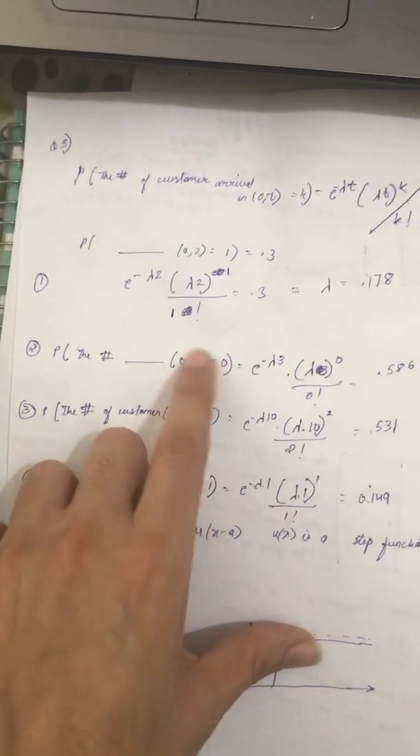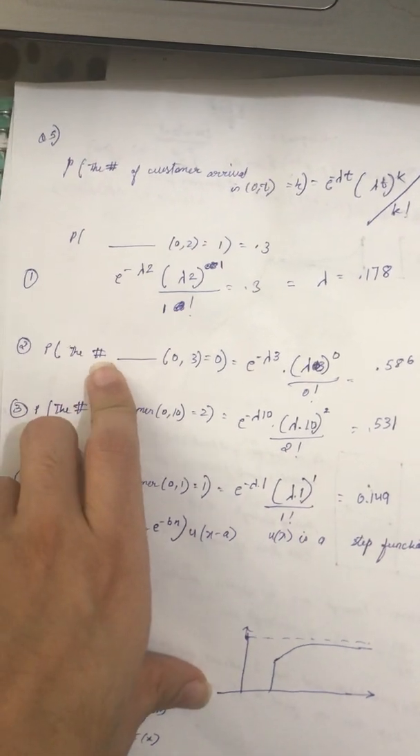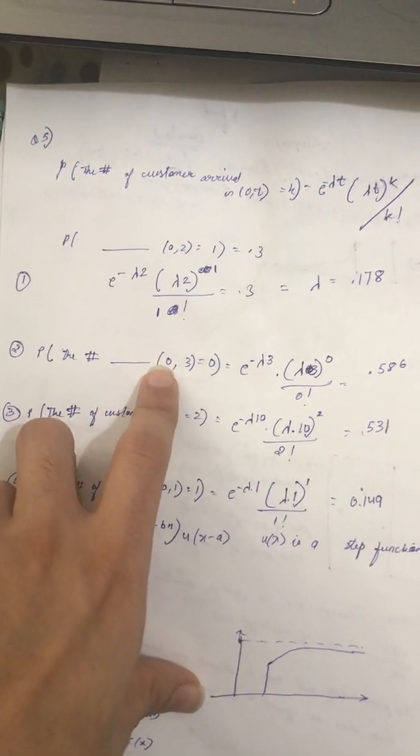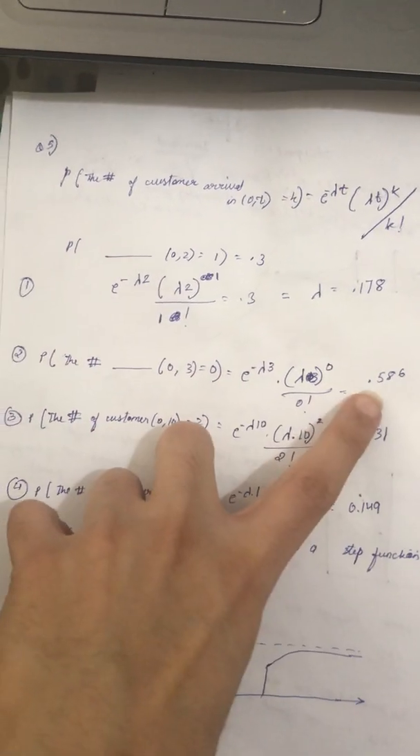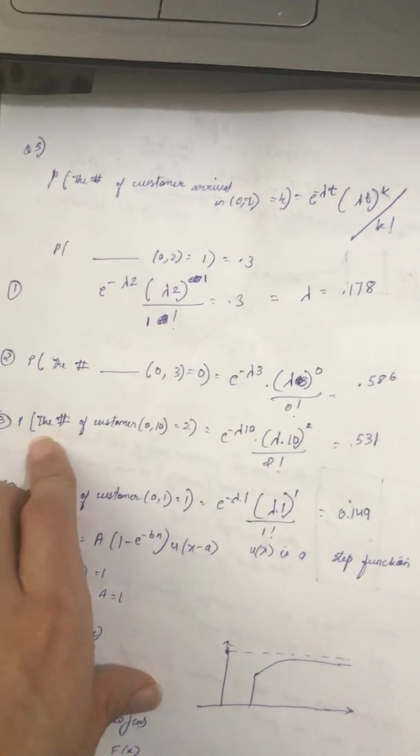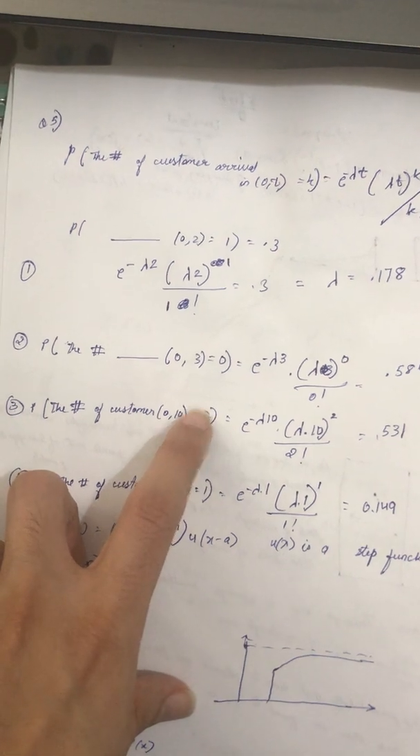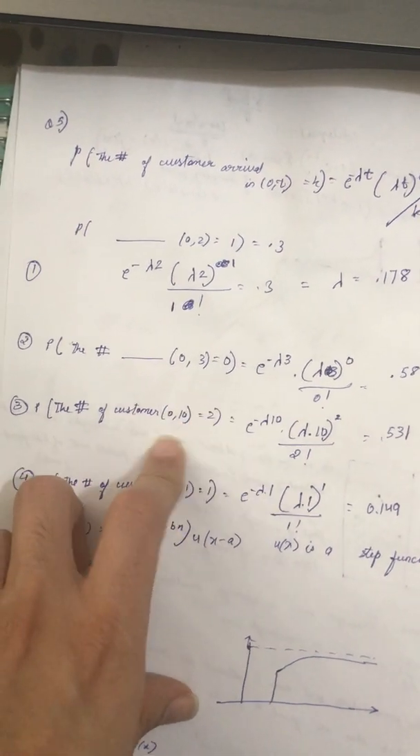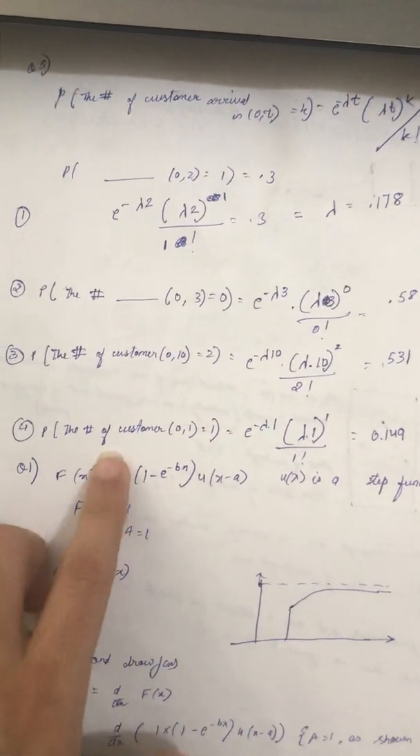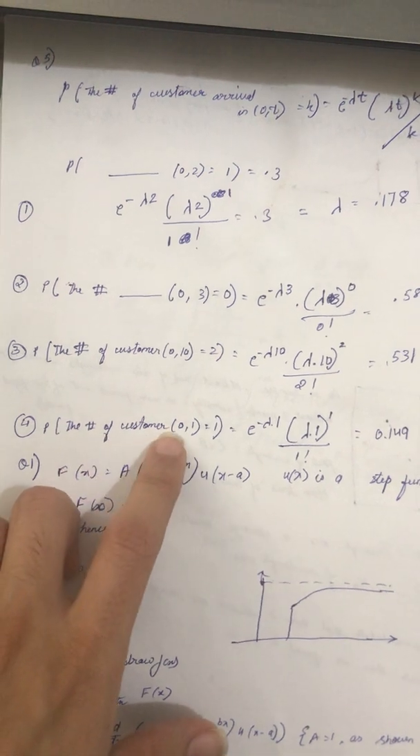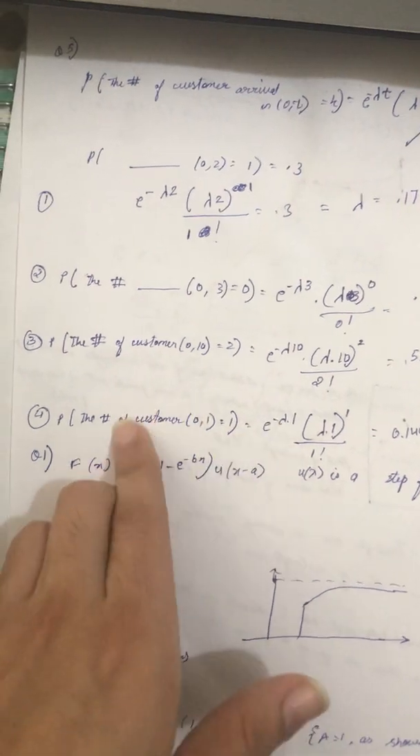we get the answer as 0.149. So the answers are: lambda is equal to 0.178. The probability that the number of customers arriving in time 0 to 3 minutes is equal to 0 is 0.586. The probability that the number of customers arriving in time 0 to 10 is equal to 2 is 0.531. And finally, the probability that the number of customers arriving in time 0 to 1 is equal to 1 is